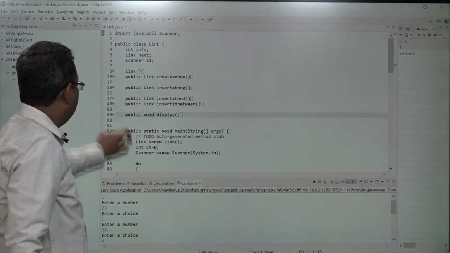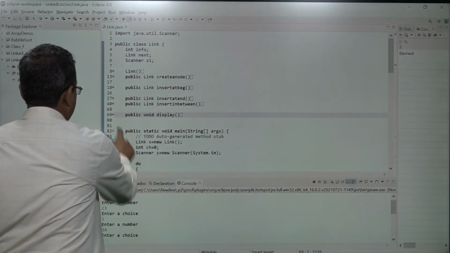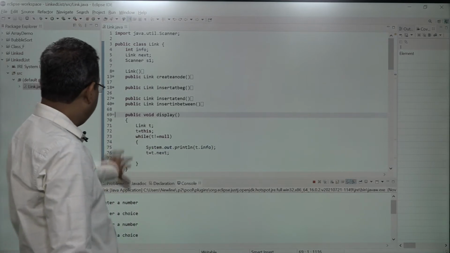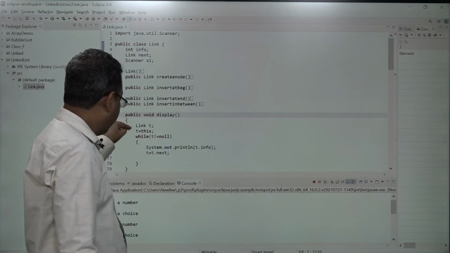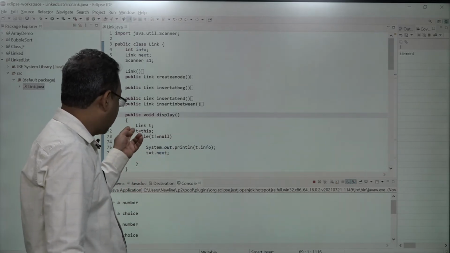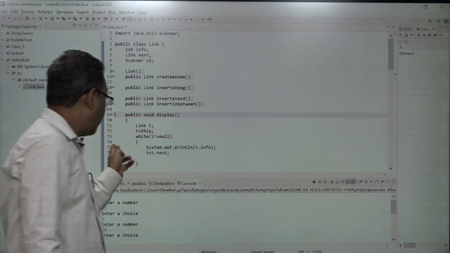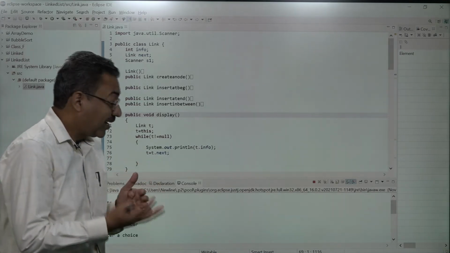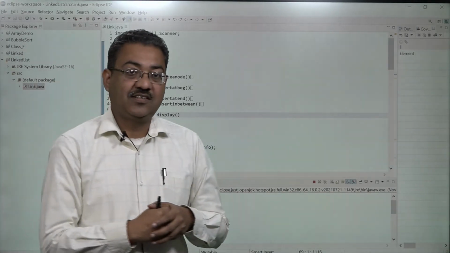This is a display function, right? What are we doing here? We are creating a temporary link, initializing it with this. Reason being, we cannot make use of this to get the next value of this.